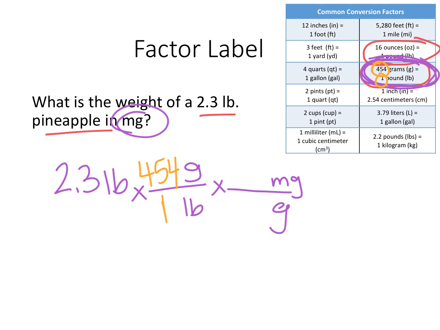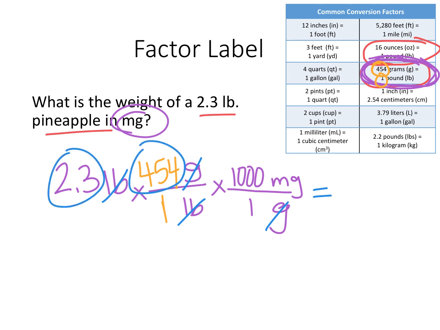If we recall from our metric system prefixes, a base unit of a gram has 1,000 milliunits in it, so 1,000 milligrams in a gram. If we watch our units, they cancel. Pounds, numerator and denominator cancel. Grams, numerator and denominator cancel. As far as our numbers, we'll have 2.3 times 454 times 1,000 divided by 1, and I get